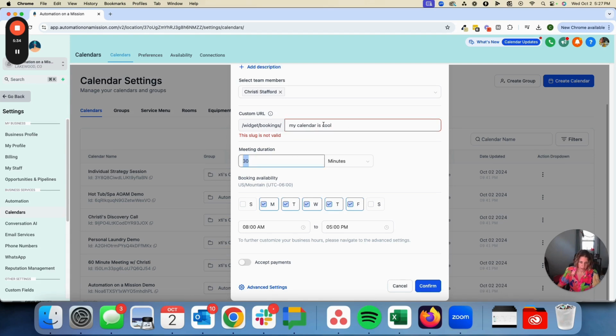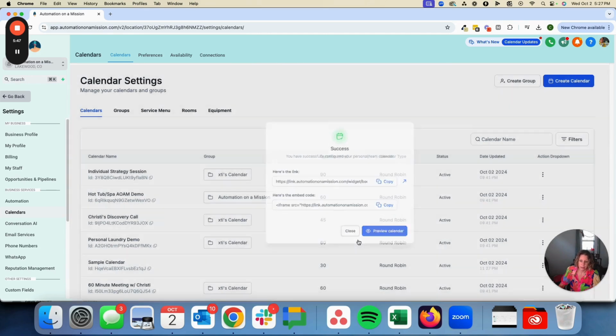and now it's not going to like that because I put spaces in there and stuff. So let's see, my calendar is cool. I'm trying to find a unique link that's not going to cause any issues under our system. All right,